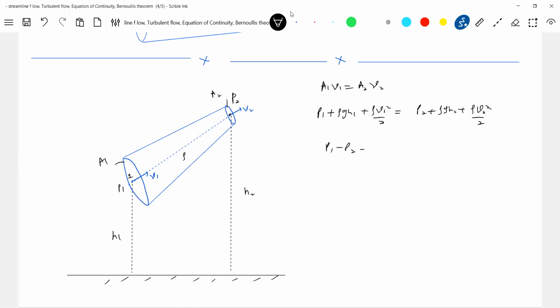I want the pressure difference. What pressure difference should I maintain across the pipe so that liquid at height H2 will have a speed V2? Then this equation will become rho g (H2 minus H1) plus rho by 2 (V2 squared minus V1 squared). So the pressure difference across the ends, let it be delta P. The height, let it be this one. Can I replace V1? V1 I can write as